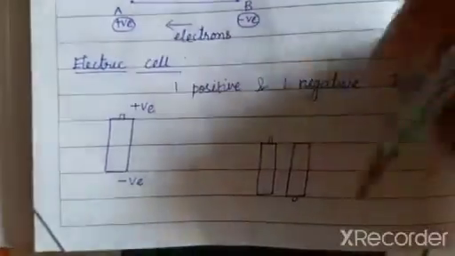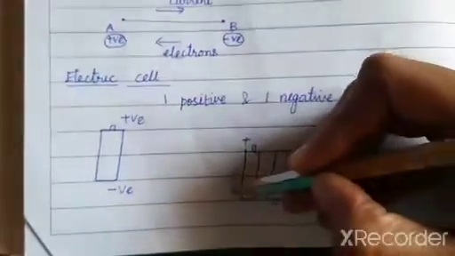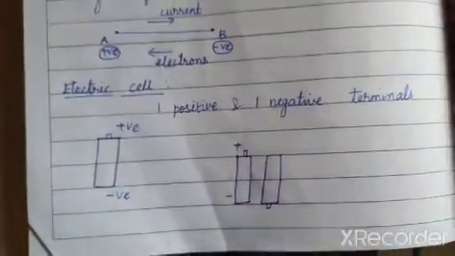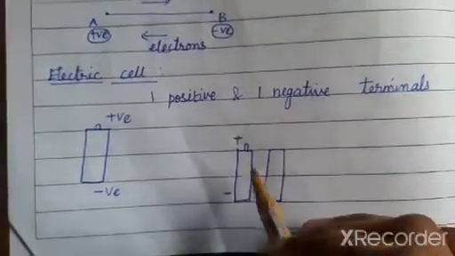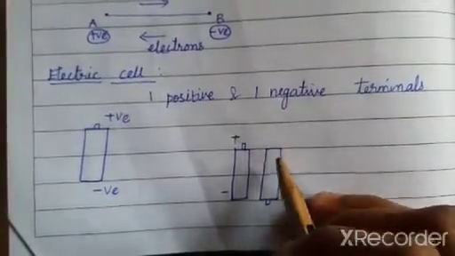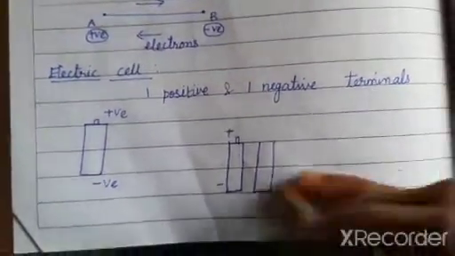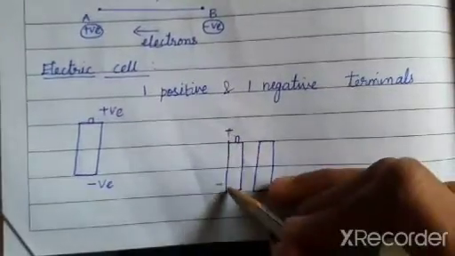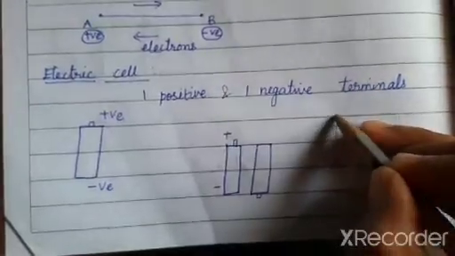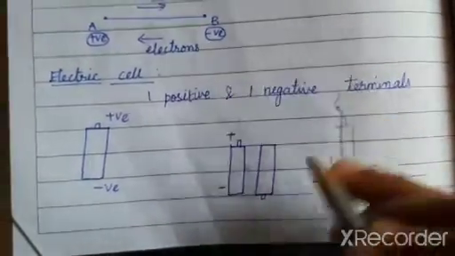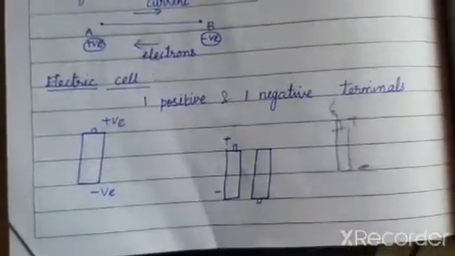Now here I have a cell. This is the positive end and this is the negative end. If I am going to connect the cell to any appliance, I will invert the other end. Now let us take a torch light as an example. I am going to insert the electric cells. The first cell I will connect like this, with the positive end towards the spring and the negative end here.